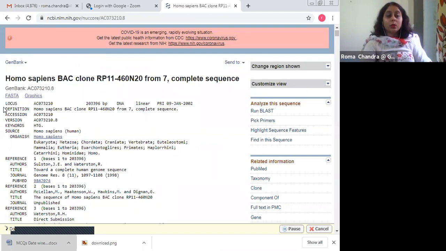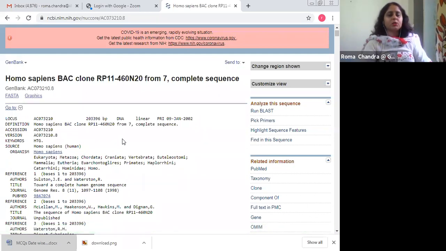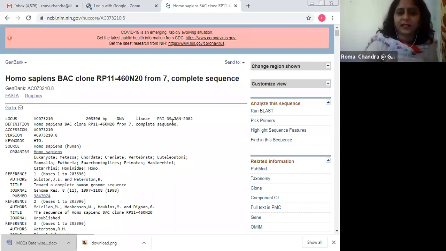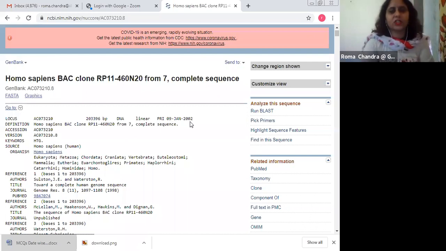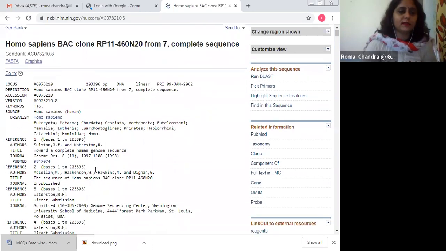So this is locus. Locus is representing the accession number. This is the representation where we are dealing with the DNA sequence. What about the base pairs? This is DNA and it belongs to Homo sapiens, primates, the date of submission. This was the same example I mentioned in my PPTs. And definition gives brief information about the sequence. This is the accession number and this is the version, because this sequence must have been submitted 7 more times. This is the 8th version of this sequence, so that is the reason it is written as accession number .8.